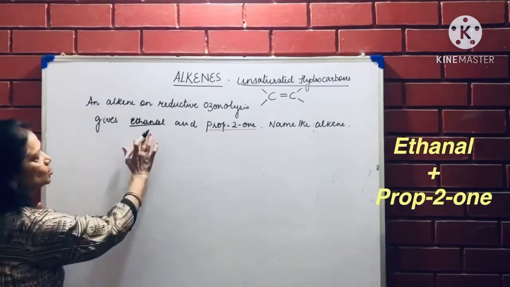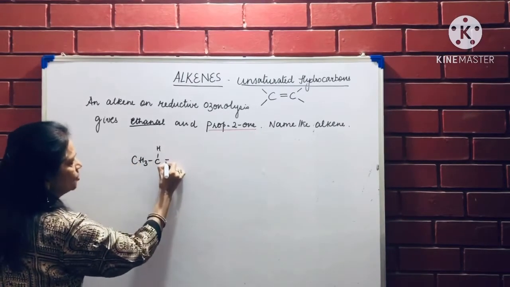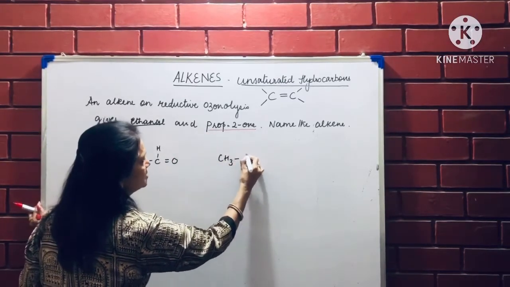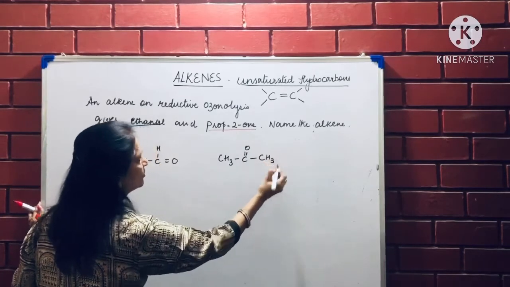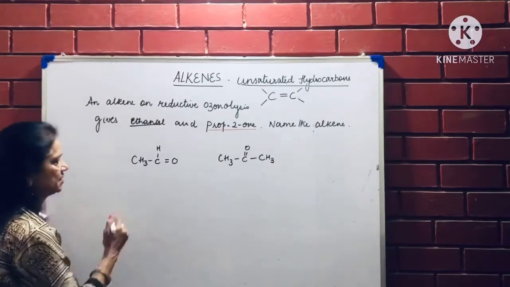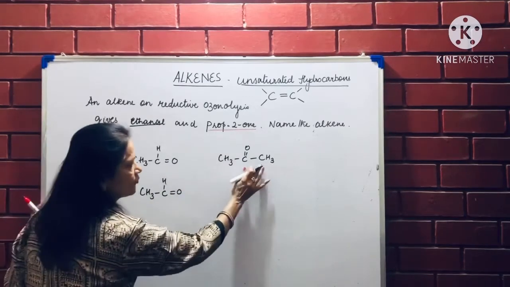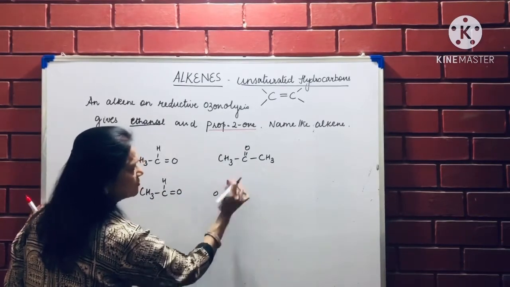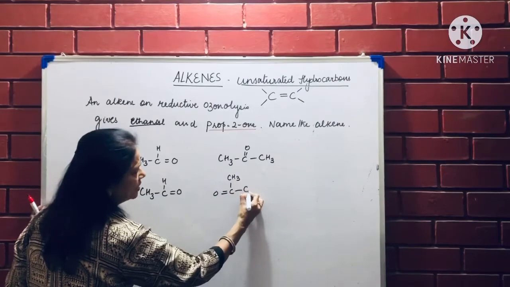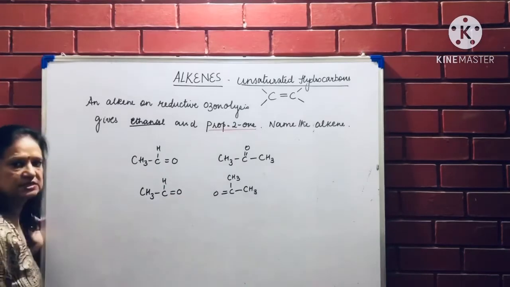So your step is, you will first write down their formulas. CH3CHO is ethanal. Second compound is propan-2-one, CH3COCH3. Now put them in such a way that O and O are facing each other. So I'll write CH3CHO, and from this side, I'm starting from here, C double bond O. This C contains one CH3 and another CH3. I'm just tilting the compound. So now O and O are facing each other.